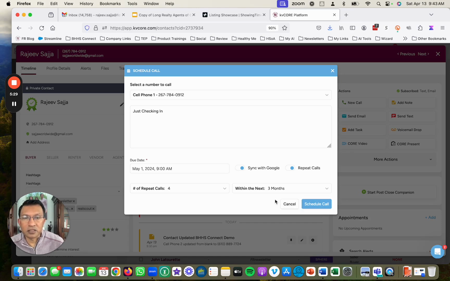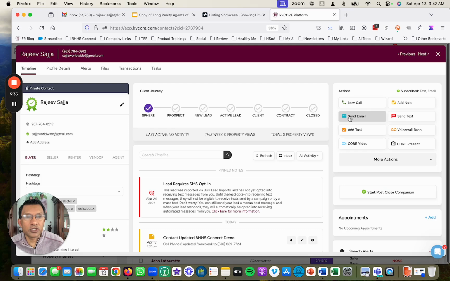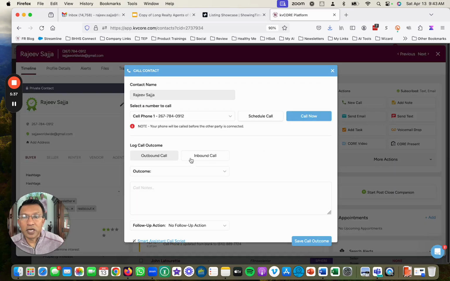I'm not going to do that because it's going to stick it on my calendar. But that's a way to do that, okay? So cancel that. One more thing I want to show you under calling. You can record your calls in terms of outcomes. So let's say I made a call, and in case you choose to use this feature, the smart